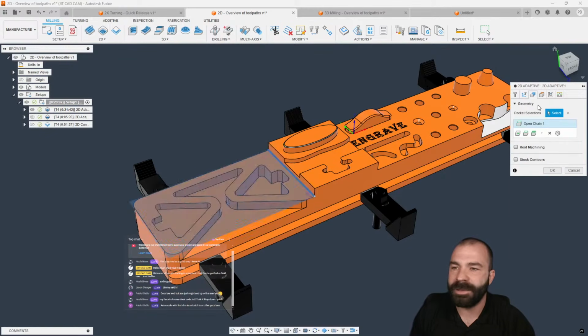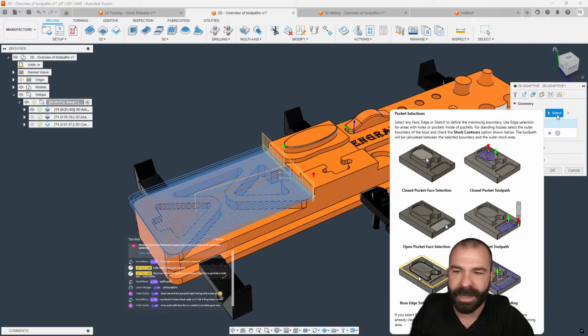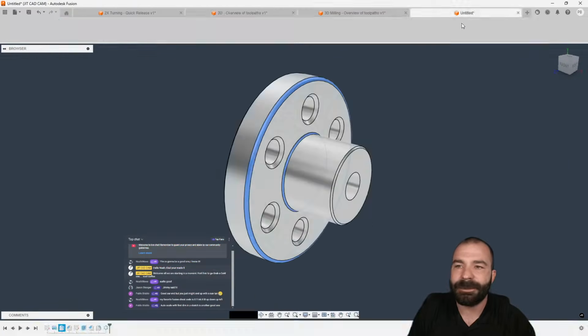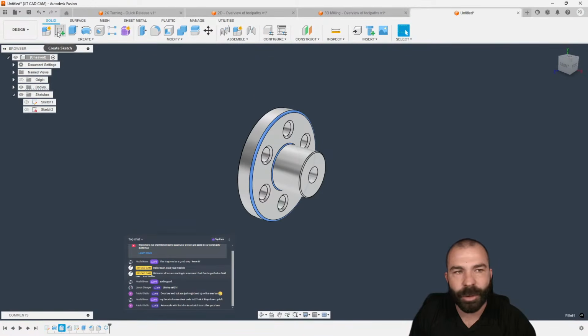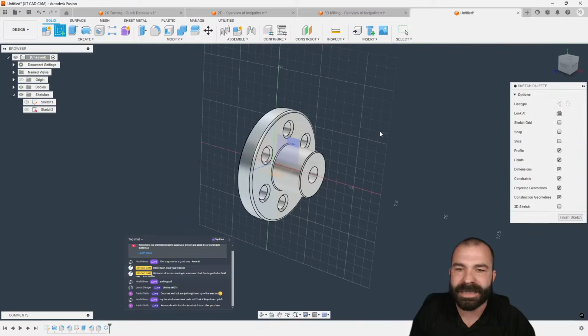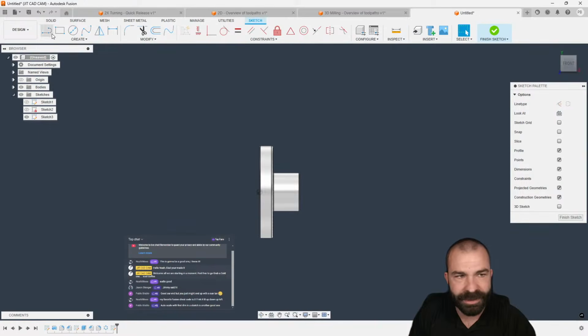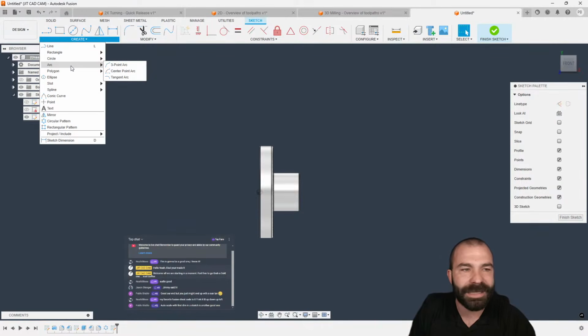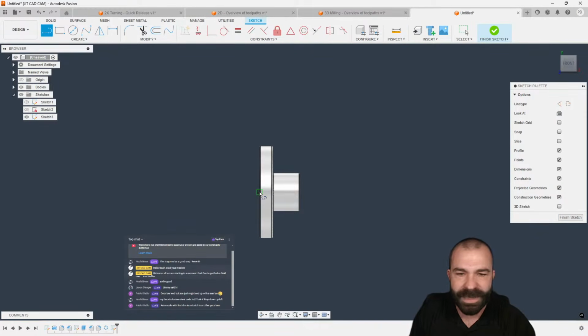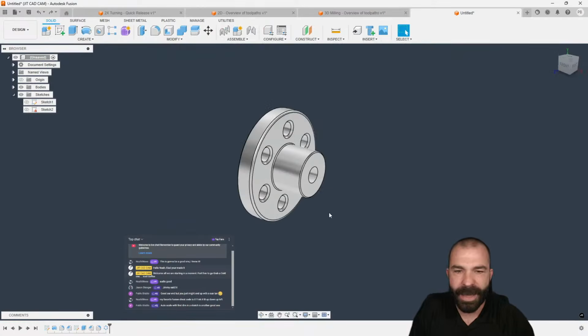If I go back to my heights tab, I go ahead and highlight select pockets. Again, you're going to notice that it's given me multiple examples on what to do and how to do it. Now that gets better because if I was to go back into my modeling environment, I do get the same exact outcome. And I want to show this to you guys because a lot of people don't realize that you can do this. But let's say, for example, actually, I'm going to back this up one because we're going